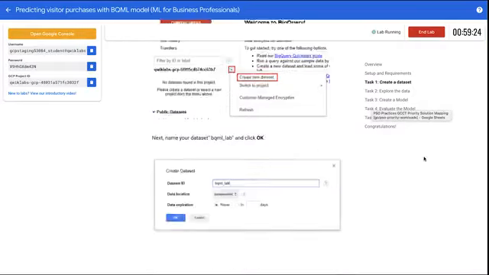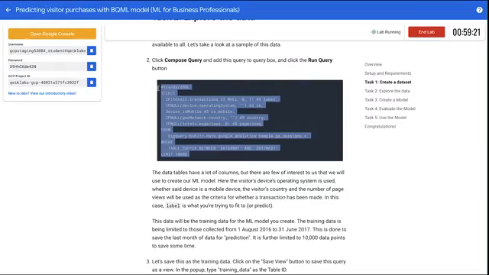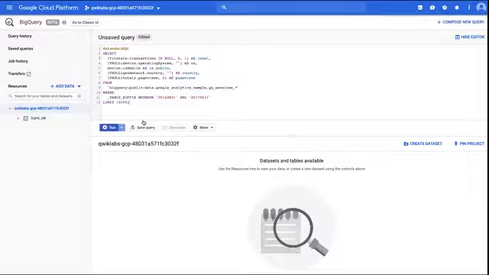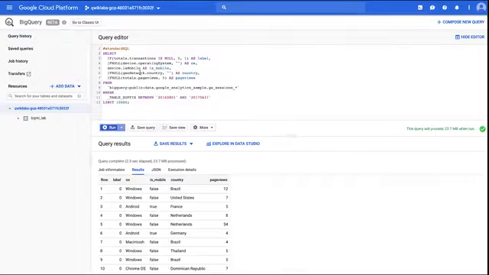The next thing I want to do is to copy this query here, and I'll tell you what it does in a minute. So go back to BigQuery and paste that query in the query editor. Now hit run. While it's running, let me explain what the query does. The query basically runs a select statement to select a subset of records. So here we're just pulling 10,000 records from that Google Analytics sample in BigQuery.